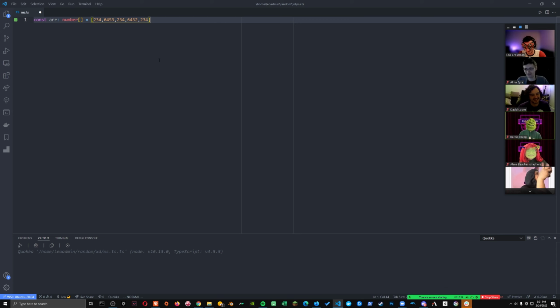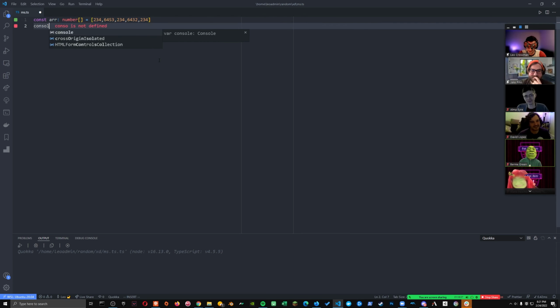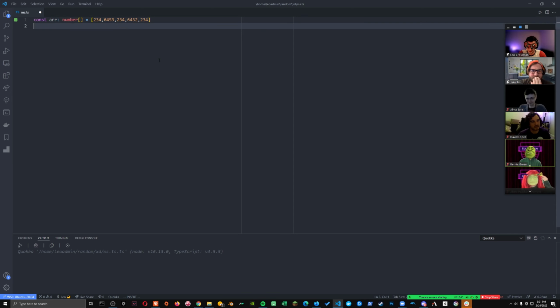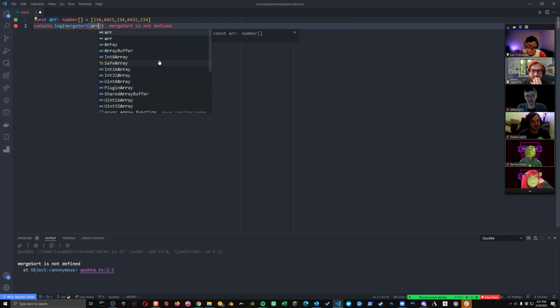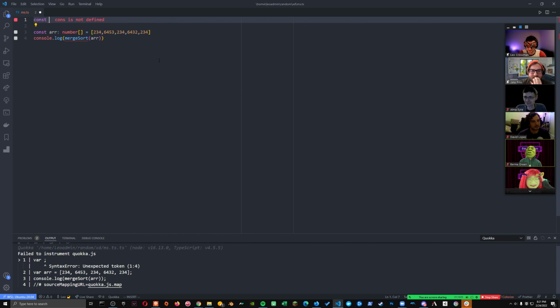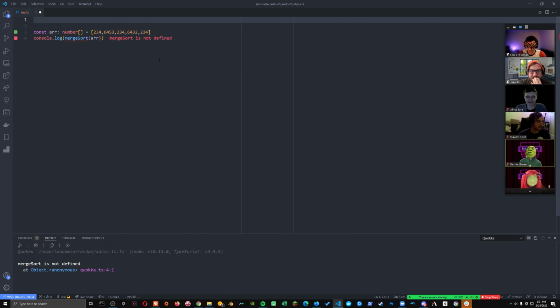Okay, cool. So I will now console.log array, and oh no, not array. I'm just going to delete the line and then do that again. Console.log a function I haven't written yet, MergeSort, and I'll pass an array. Okay, cool. Now I'll use the Vim double G to go to the top of the file, create a new line, do that again, and now I think I can write my function. So const, I don't know if I just wrote it, so I'm going to rewrite it. Const